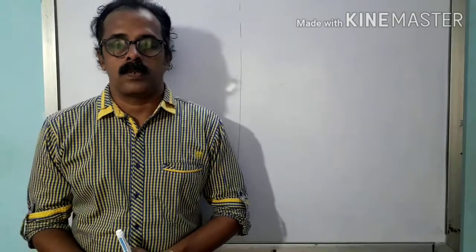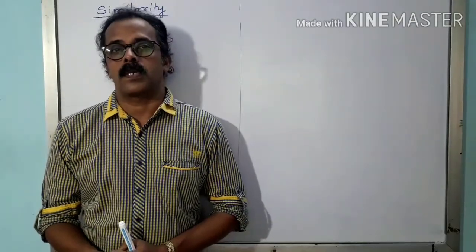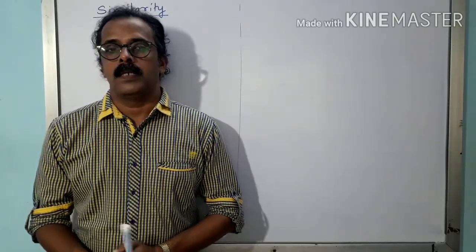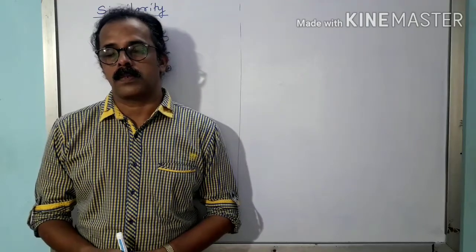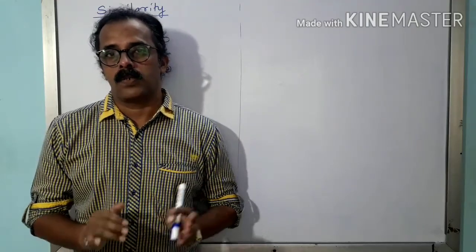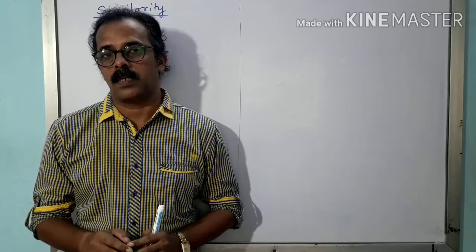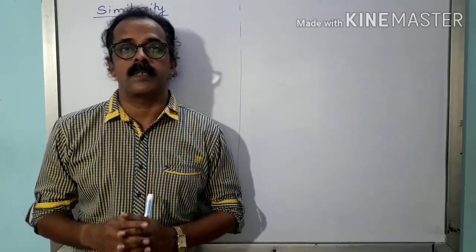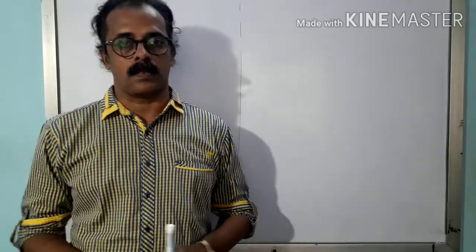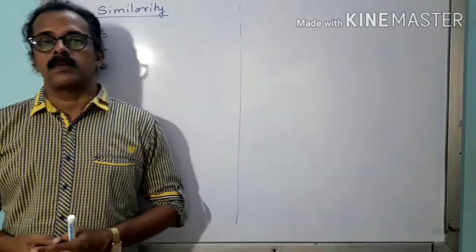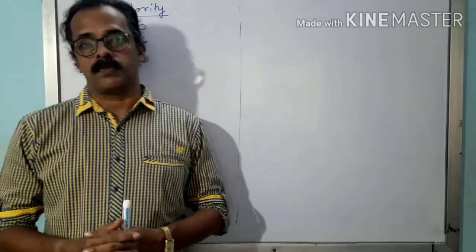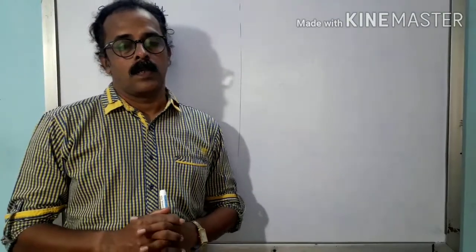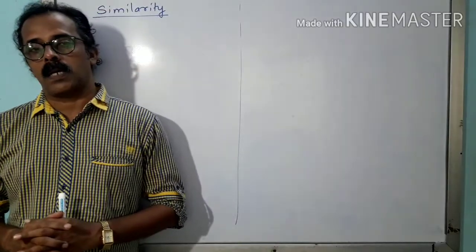Today we are going to go ahead with geometry, that is the first chapter, similarity. Again, it is related to the triangle. One thing just keep in mind, what you have studied till 9th standard about a triangle is very important, and it is a basic. That is the reason I gave you certain groundwork before starting the chapter today. The groundwork was related to the triangle itself.